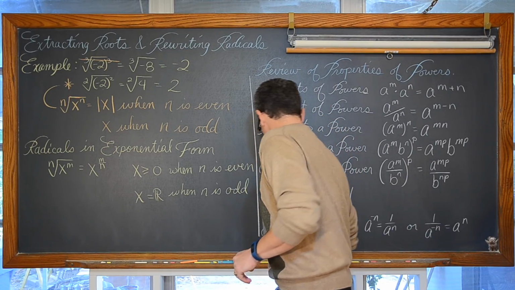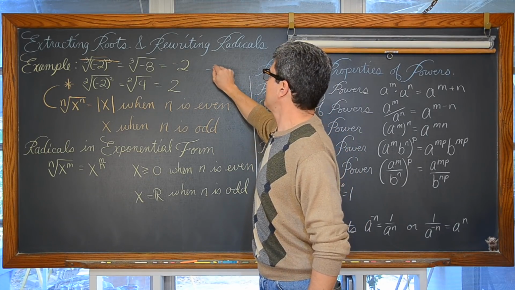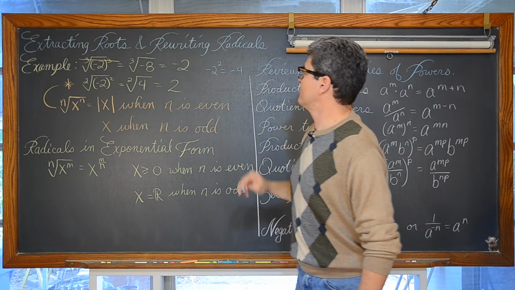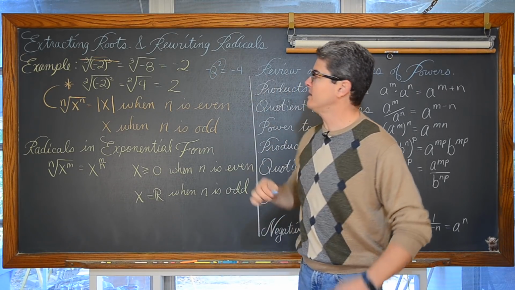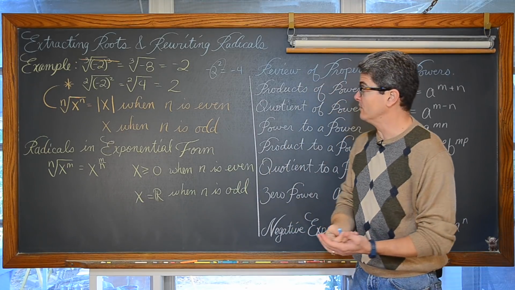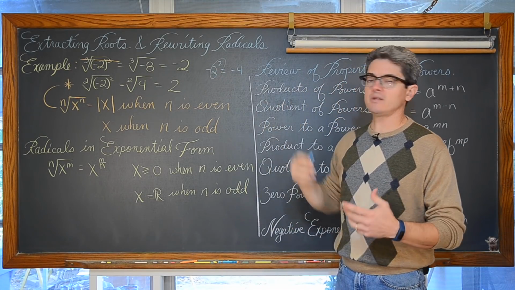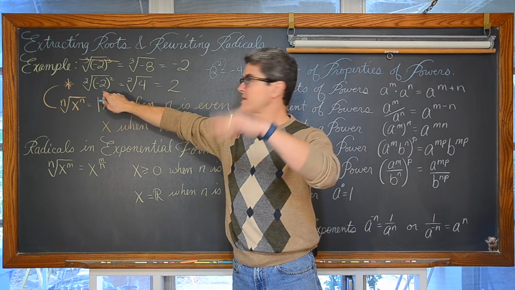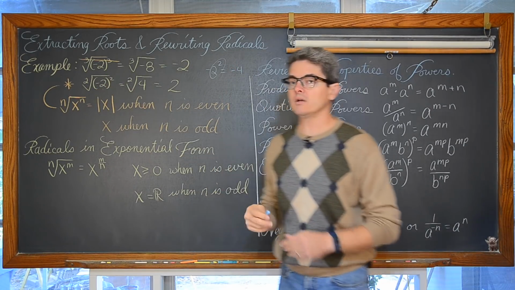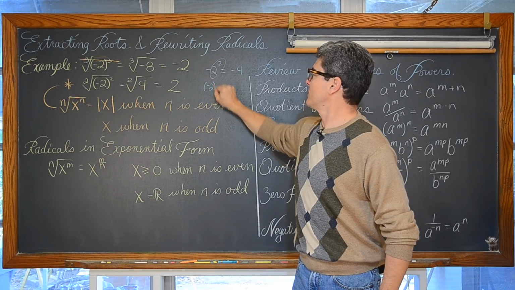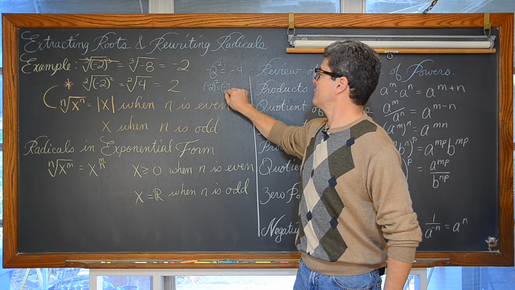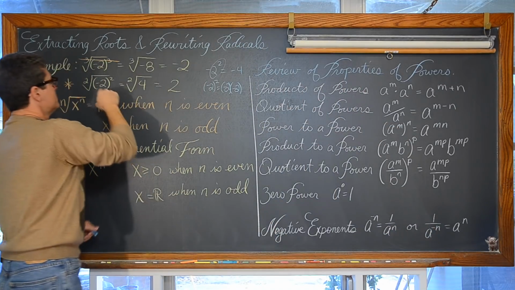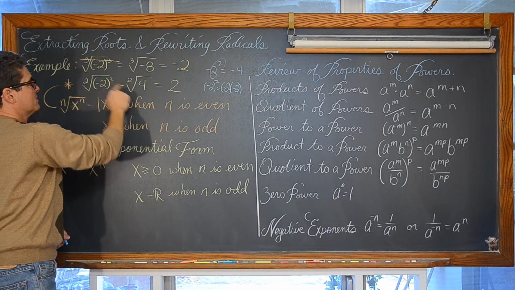Grab a different colored chalk here. -2 squared is going to be equal to -4, because the power of 2 is only being applied on the base of 2, and the negative just sits out there, and you get the answer of -4. But when you have -2 wrapped in a set of parentheses and it's squared, then that's going to be -2 times -2, which is +4. So -2 in those parentheses squared is +4.